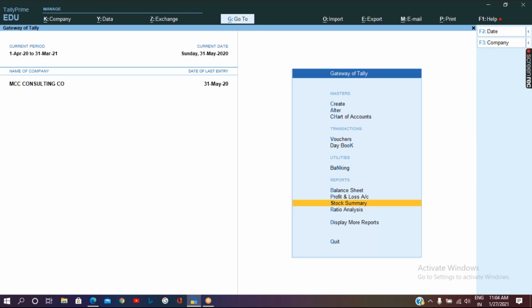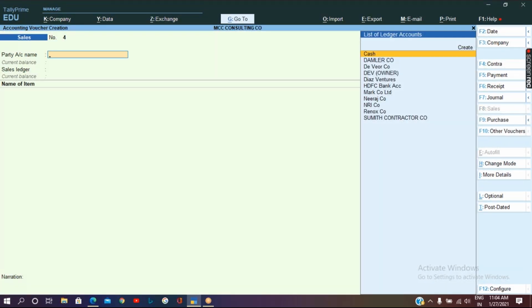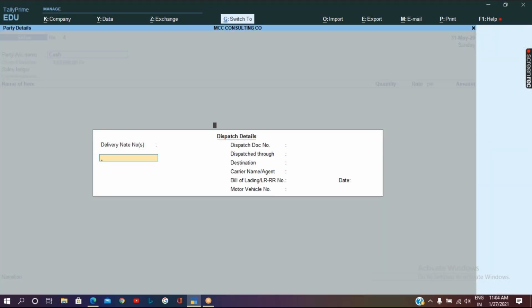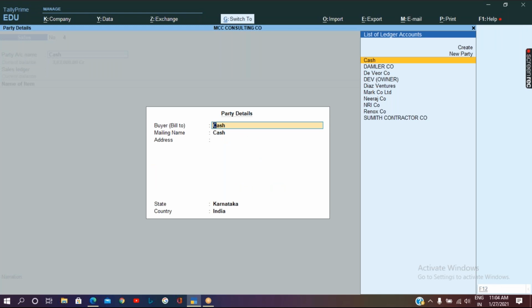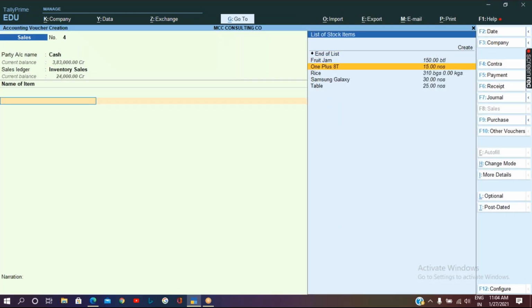So when I pass a transaction also, for example, sales, when I want to make a sale of the rice, it shows 310 bags only. But when I counted physically, I found out that there are 305 bags only. So there is a shortage of 5 bags.